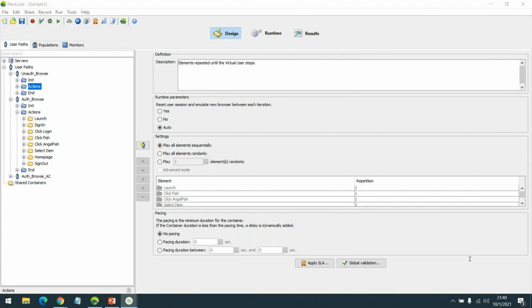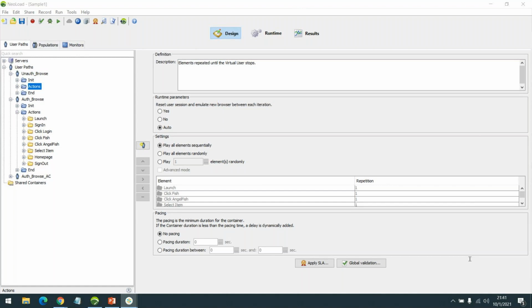Both are different tools, right? If your only concern is correlation or developing the script, definitely NeoLoad is very simple and easy. It's quite intuitive to develop. But if your focus is also on multiple protocol support, then these are two different aspects that we are looking at.